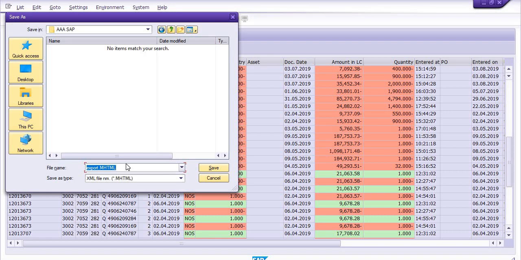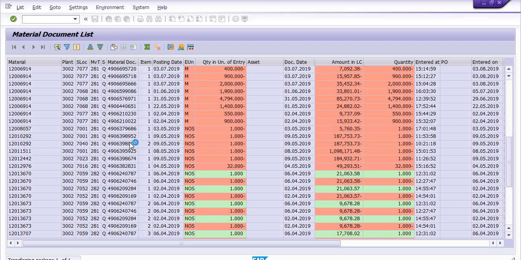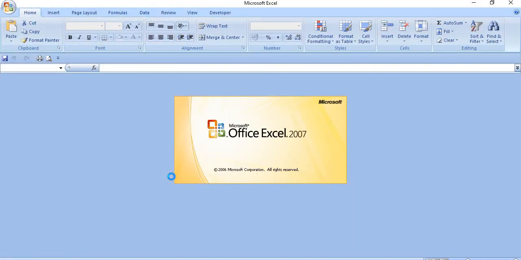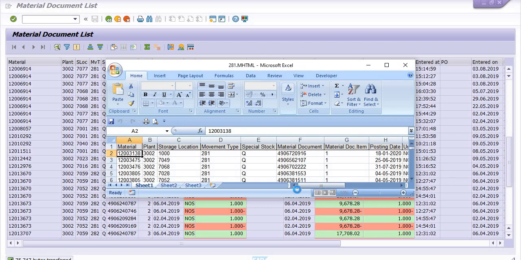For example, we have saved this data, and the system has generated the Excel file of this document.